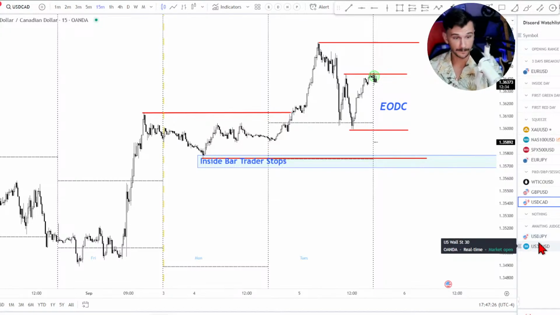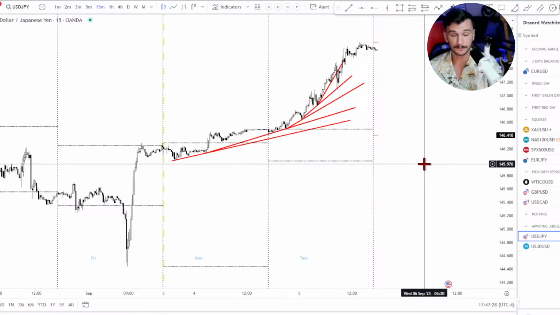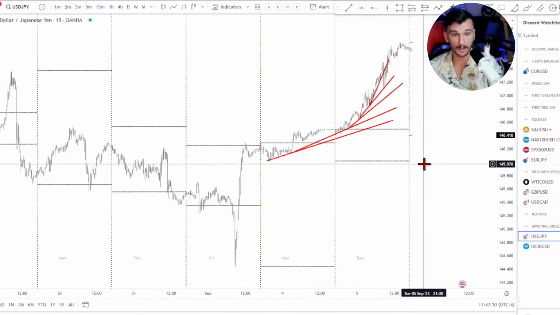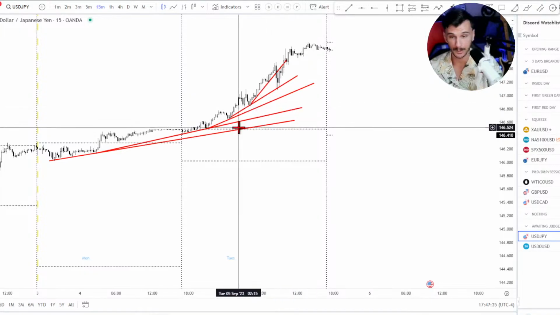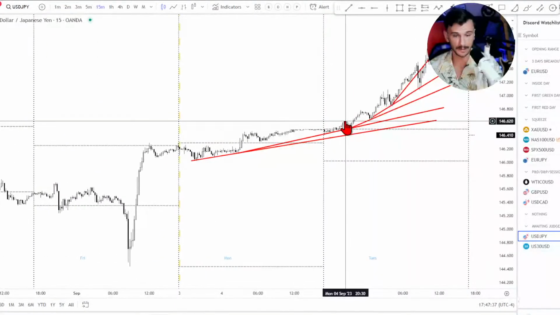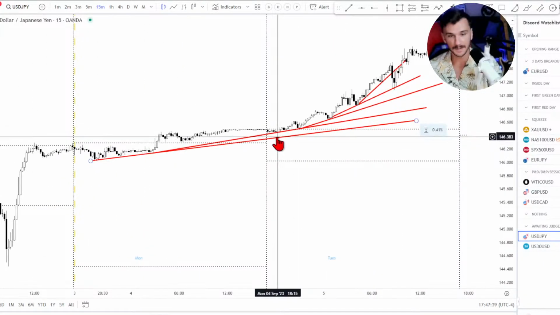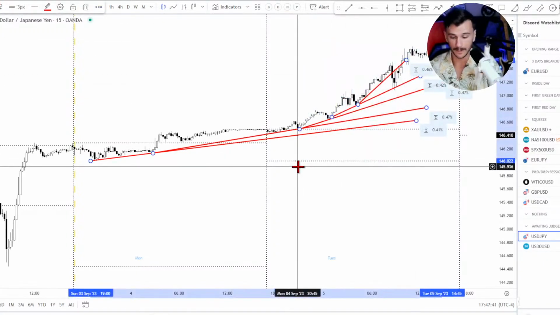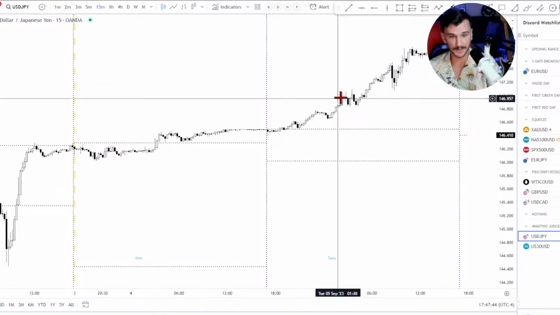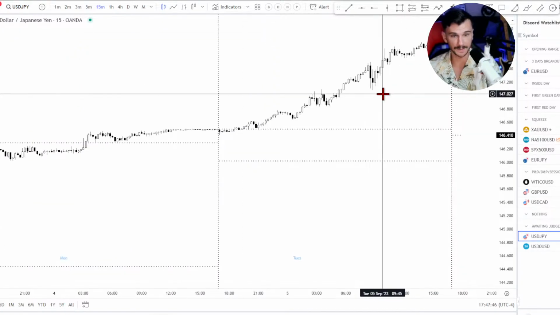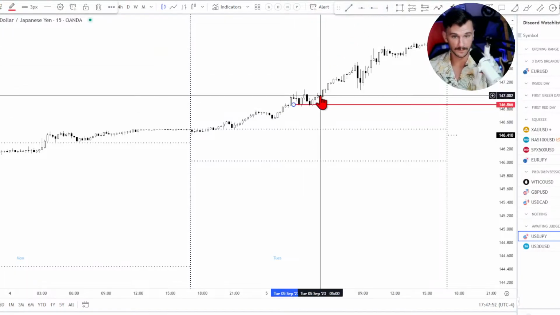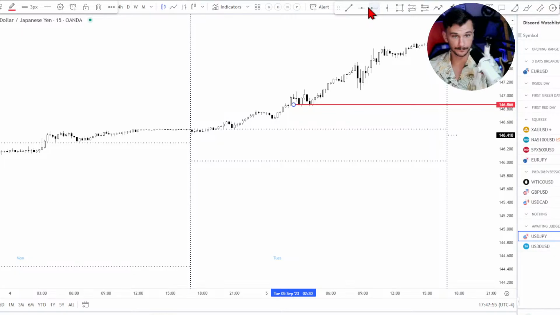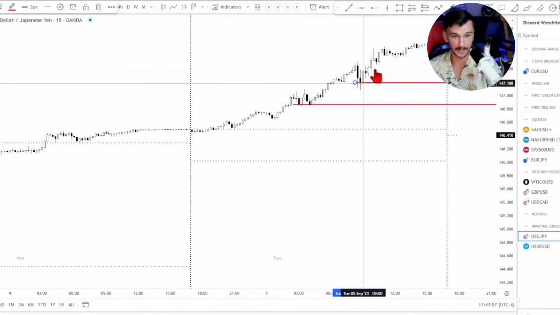All right, US dollar, Japanese yen. I was watching it go parabolic, and I was like, I'm not going to counter trend this. You can see that annotated with my super sophisticated, it looks like an EMA ribbon, except I drew it. You don't need all that stuff. I could see it accelerating, and I was waiting to see, hey, is it going to fall apart, or is it just going to keep going? And you can see the behavior. Got people going short. Got people going short. And then it just kept on going.